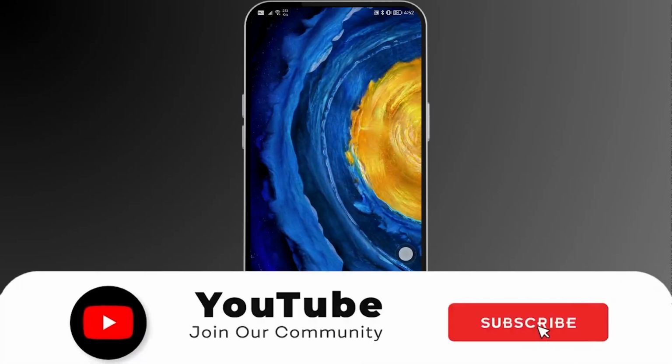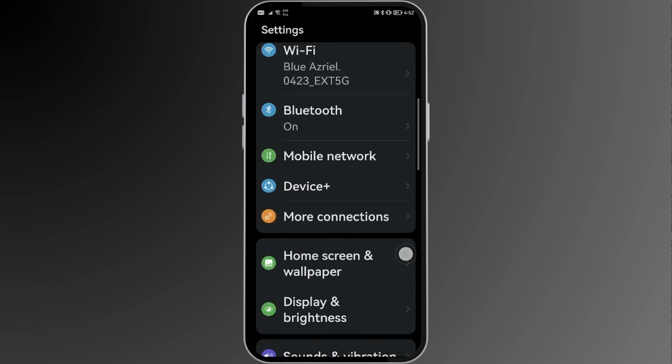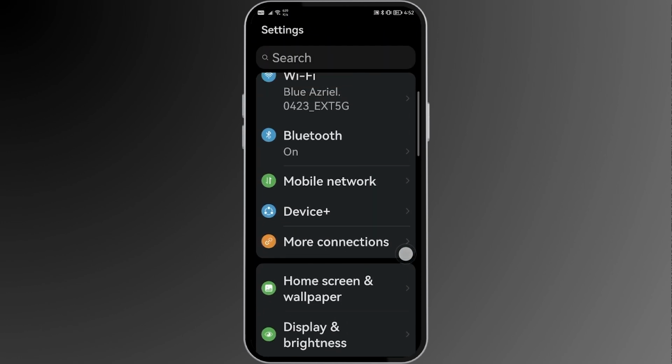How to install apps from unknown sources on Android. So in order for us to get this done, let's go ahead and open settings. Now take note that this is actually going to differ depending on the Android phone that you are using, but